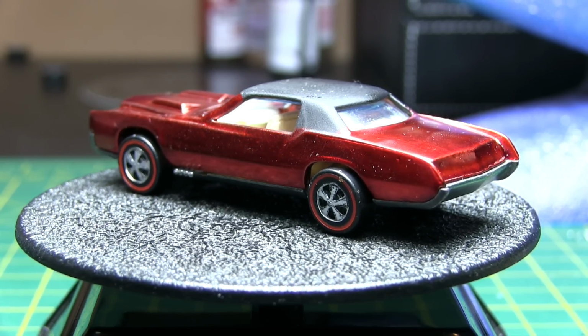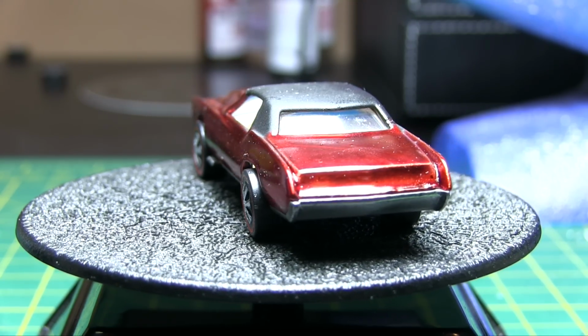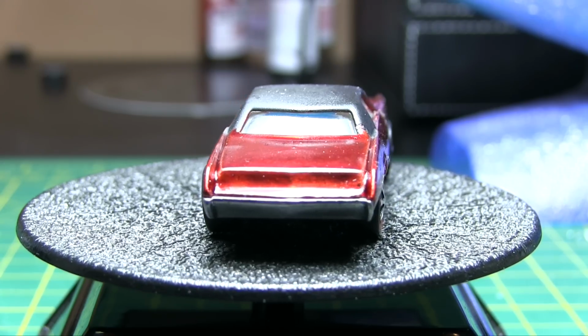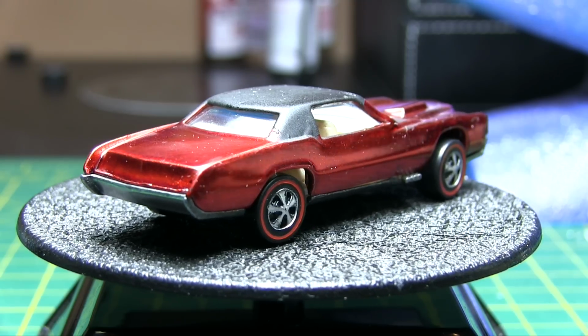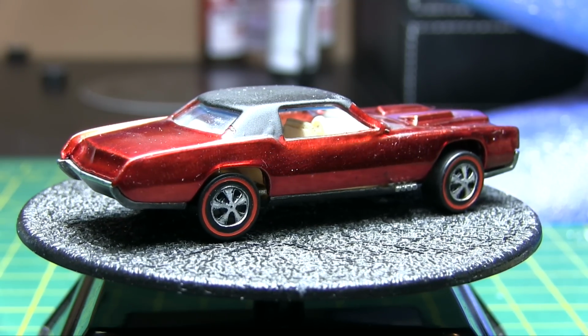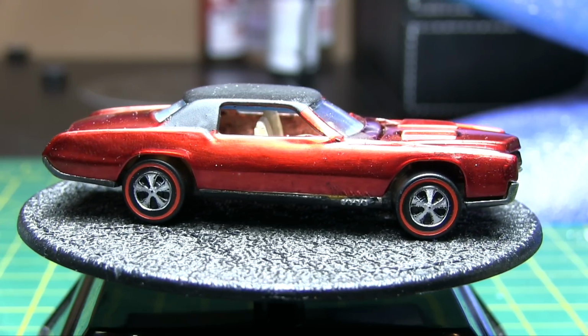Can't wait to do another one. Hopefully we'll find some other cheap Redlines. Again, this was like $13 on eBay. The tools I already had. The paint, like the flat black, I can reuse that. The Spectraflame, I can reuse that if I find another that's red. So the only real